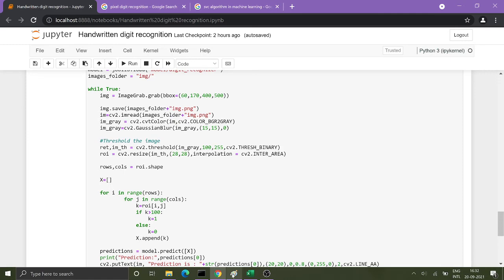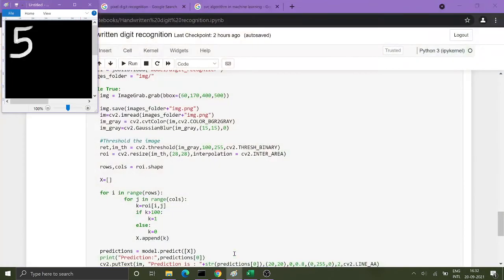Now what we did earlier, the same thing we have to do again to take the output. While showing the output, we also need to grab that particular screenshot and change it into grayscale, etc.